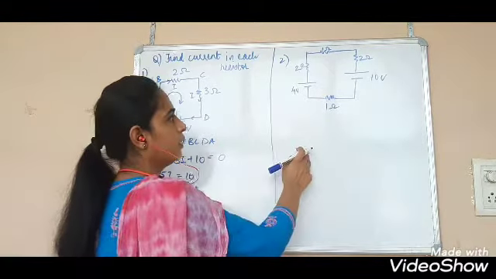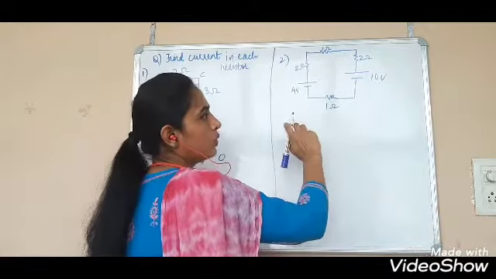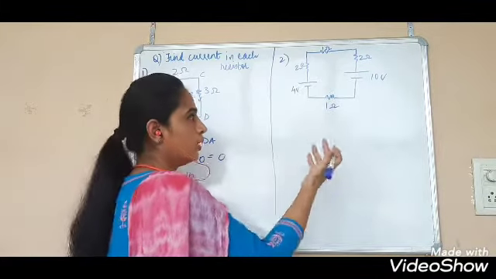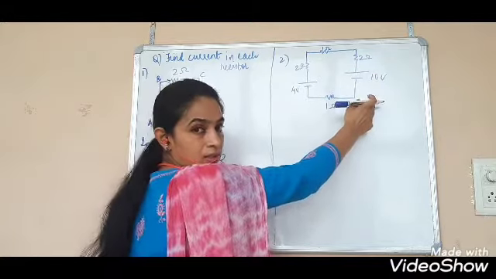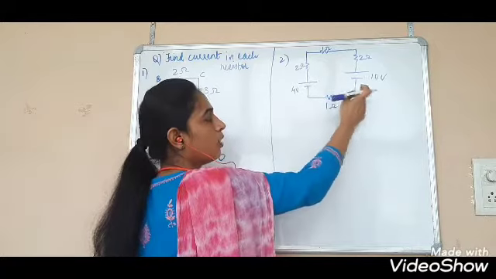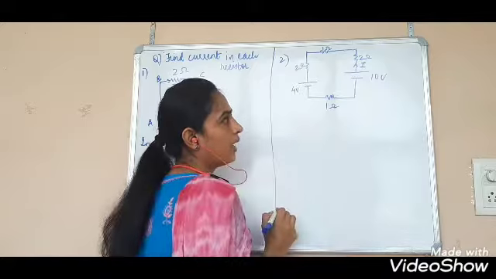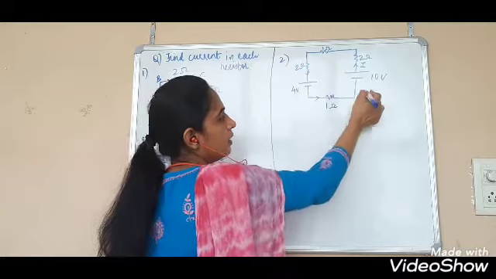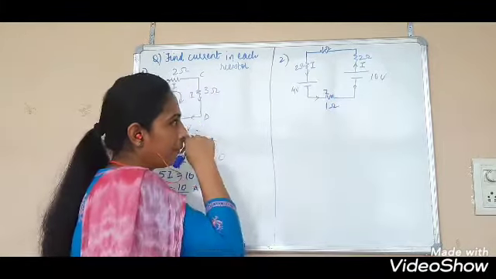Let's look at this one. Now here there are 2 cells and 4 resistors. There is just one path, so we will draw current from one cell, and it's always better to draw current from the bigger cell. Between 4 and 10, the 10 volt is the bigger cell, so I am drawing current I from the 10 volt cell. Current I will pass like this, and here it will go back. So everywhere you have current I.